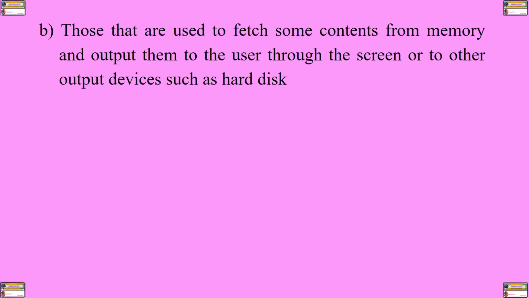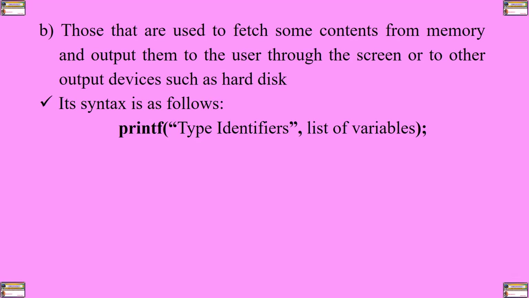The second type are those that are used to fetch some contents from memory and output them to the user through the screen or to other output devices such as a hard disk. In other words, other than having statements that are displayed on the screen for interaction or to tell the user what he or she is supposed to do, we can also write out information from memory to the screen or to a file. So the syntax of such statements is printf, then parentheses, and